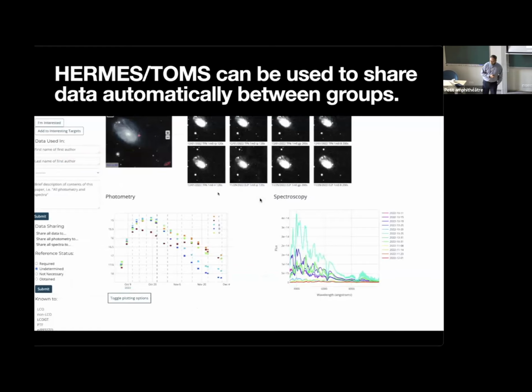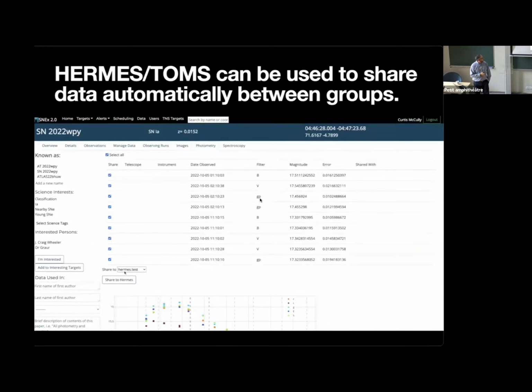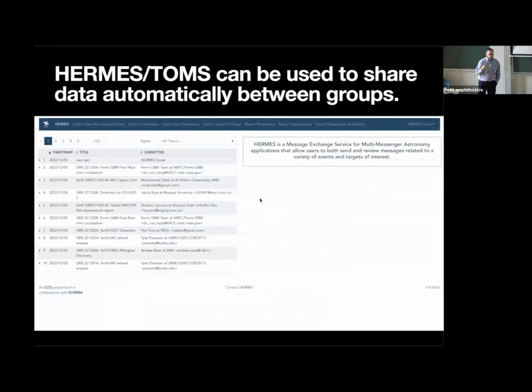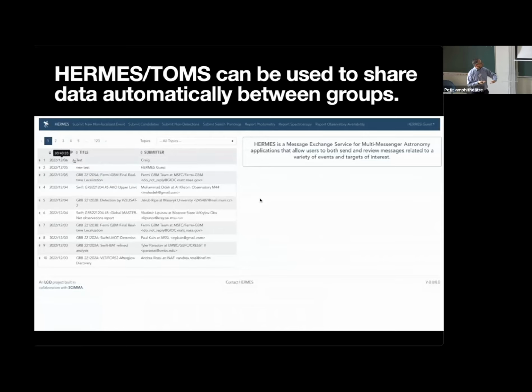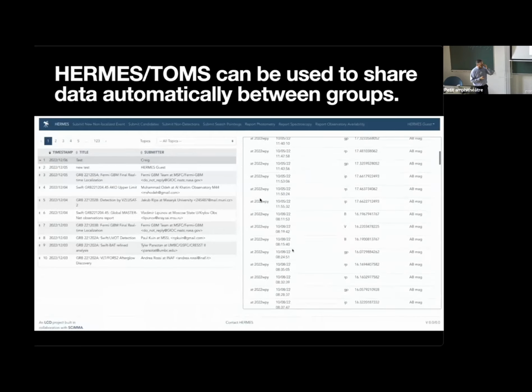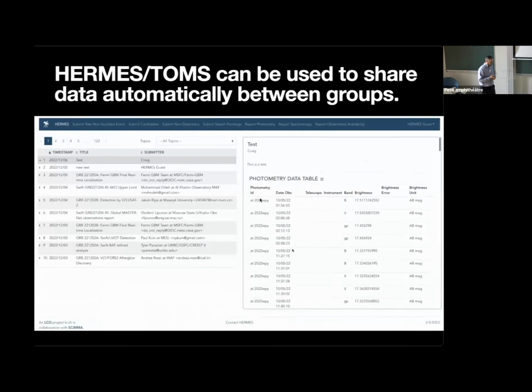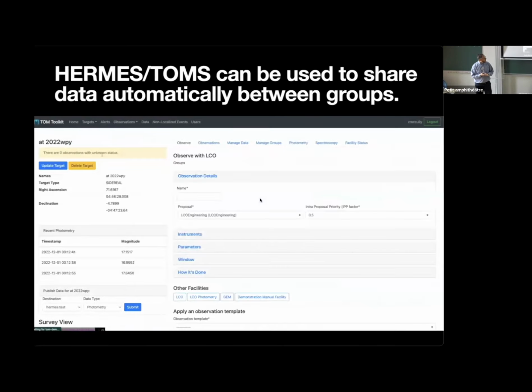So we start, there's no data from this. And so I can go into SNEX and I can say I want to share this. In this particular instance, we're going to share to Hermes, which is nice because it also gives me the opportunity to share to multiple people if I want. I can say put that information down one of these streams. So here's the corresponding message, which is nice because I could say share this with dozens of groups if I wanted, anyone who is on this topic.